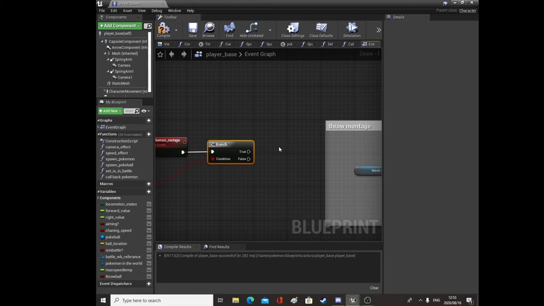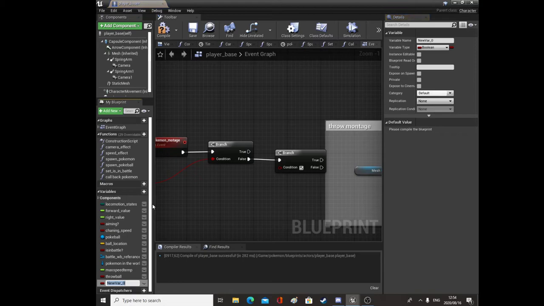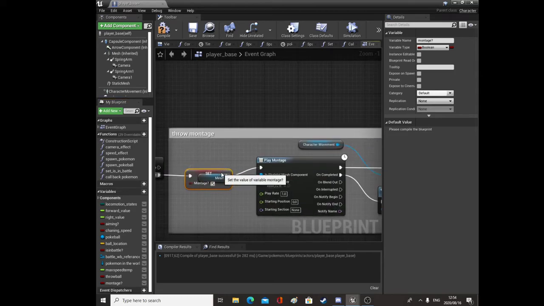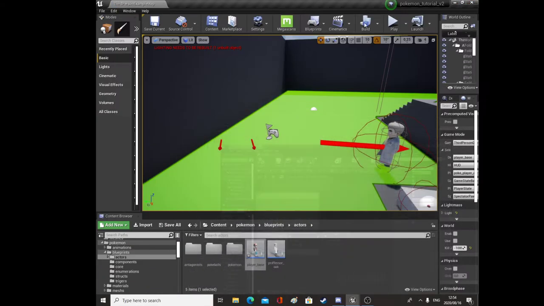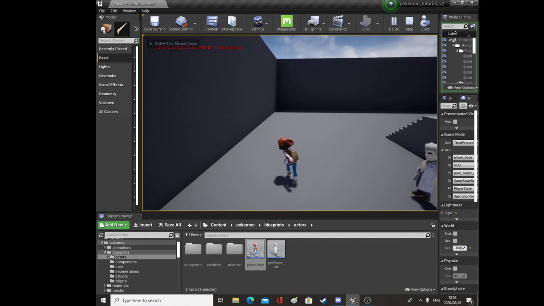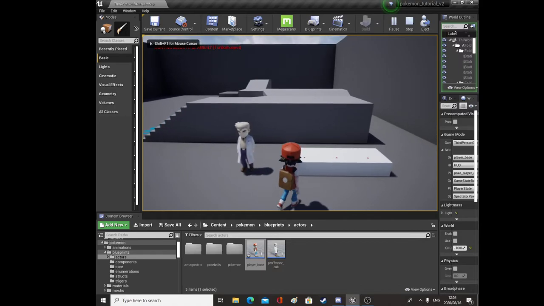and we'll just duplicate this branch, and off of the false we'll plug it in, and we'll make another bool, and we'll call this montage, question mark, and we'll just plug it into the branch, and if it's false we'll set montage to true, and then we'll go through to our montage, and then at the end we'll set our montage to false. And this should have got the result that I was looking for. Yes, we can still throw a ball, and we can't throw multiple at a time, which is great. Okay, so now we can go and pick up our Pokemon